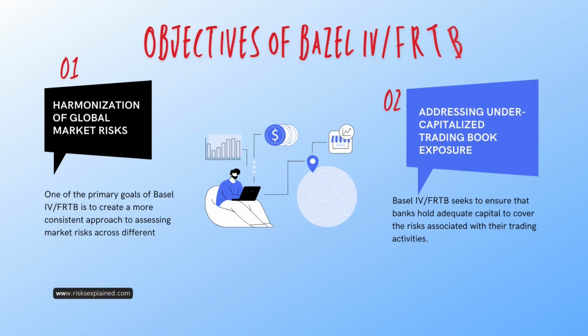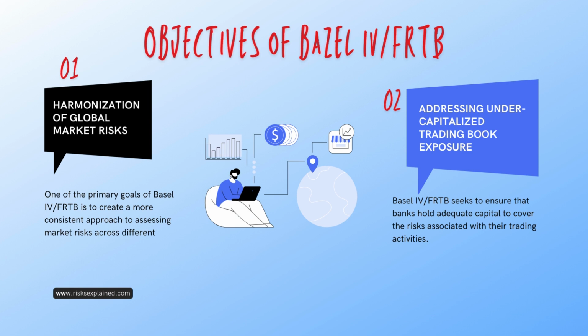Objectives of Basel IV FRTB. Harmonization of global market risks. One of the primary goals of Basel IV FRTB is to create a more consistent approach to assessing market risks across different jurisdictions. By harmonizing the treatment of market risks, regulators aim to enhance transparency and comparability in capital requirements